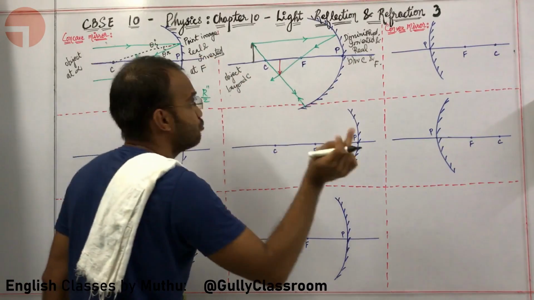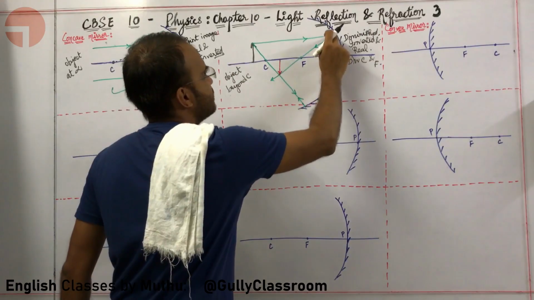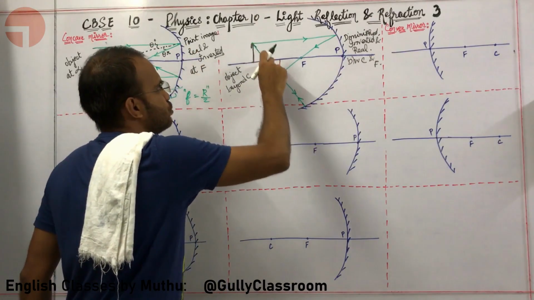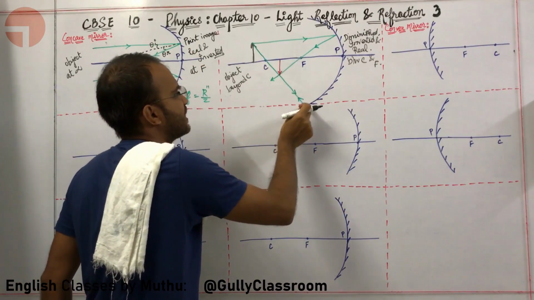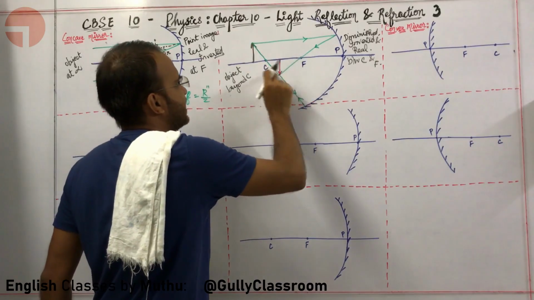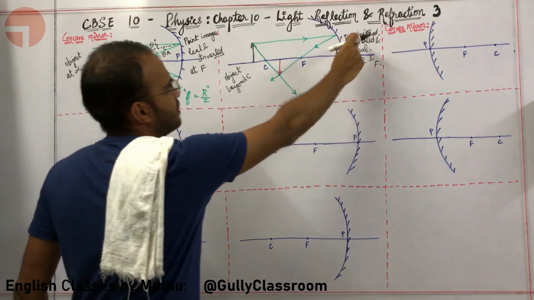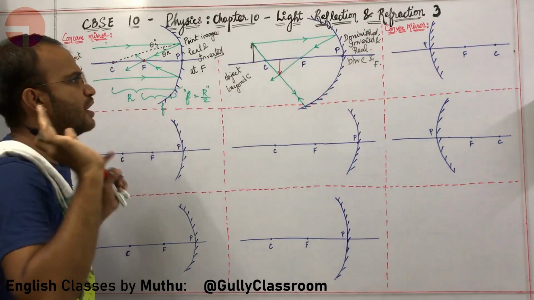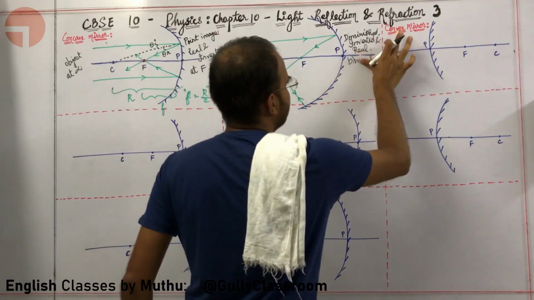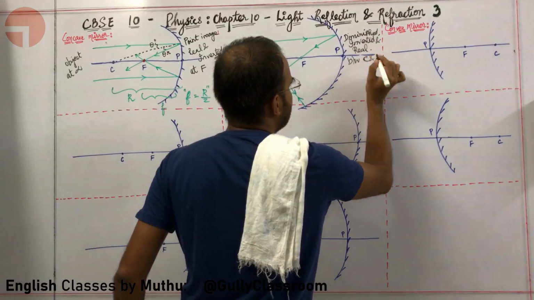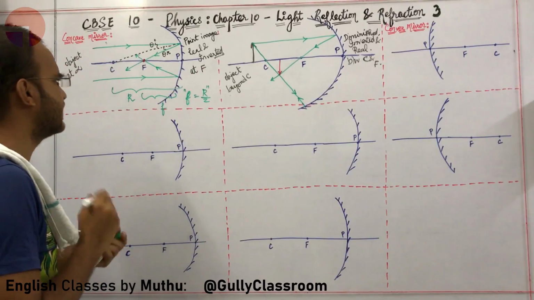Here I am using two light rays, one parallel to the principal axis which is passing through F, one through C, through the path of the normal, which is reflected in the same path. So they are meeting in between C and F, where I am getting a diminished inverted real image. Okay, sir, I am comfortable with this particular idea. Now let us go for the next thing.